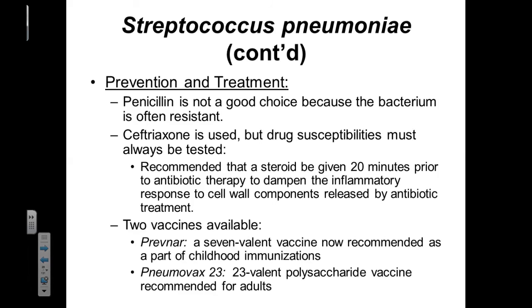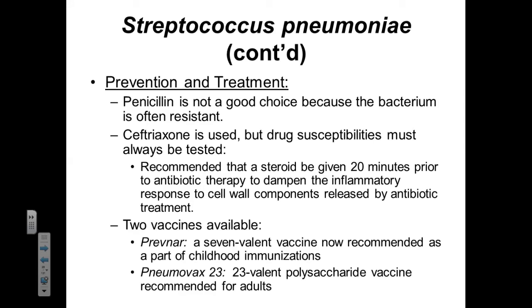To prevent and treat infections of Streptococcus pneumoniae, we typically are not going to use penicillin. This is because Streptococcus pneumoniae is often resistant to penicillin. Instead, we use ceftriaxone. Ceftriaxone is a drug used when possible, but because of drug susceptibilities, we must always test. So this is one of the situations where a presumptive prescription is given, and then a culture is made. And then we are going to test to see which antibiotic is most appropriate based off of these specific strains'